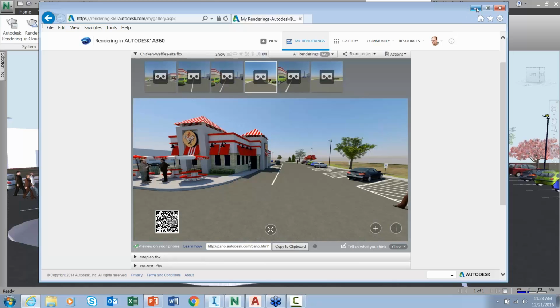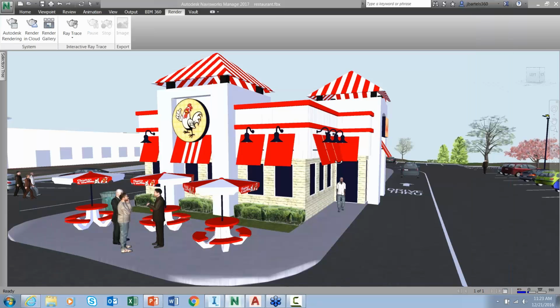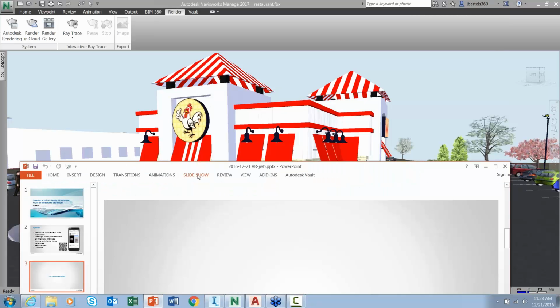So that being said, that's how I create the virtual reality environment. That's how I create the QR code. Let me go back to my